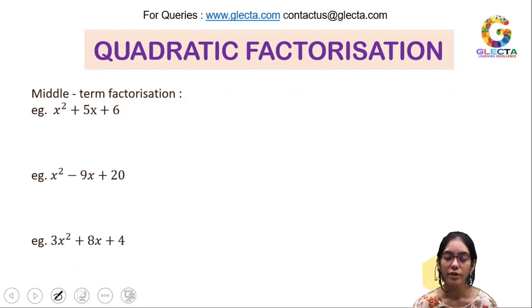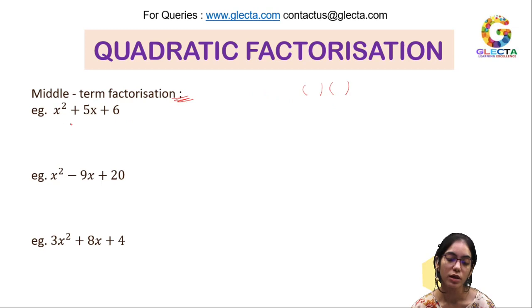Okay, now talking about quadratic factorization. We'll do this by the middle term formula. Suppose we are given, we'll always be provided with a quadratic expression, and all we have to do is put it in bracket form. How are we going to put it in bracket form? Can you see and tell me what two linear terms are multiplied to get this quadratic expression? No, we cannot tell it by just looking. So we have to solve it, and we can solve it by a method known as middle term factorization. Middle term factorization means we are doing something with the middle term.